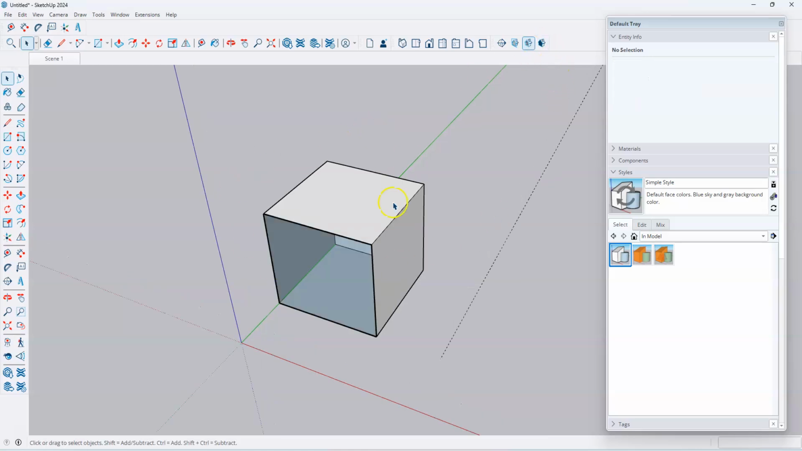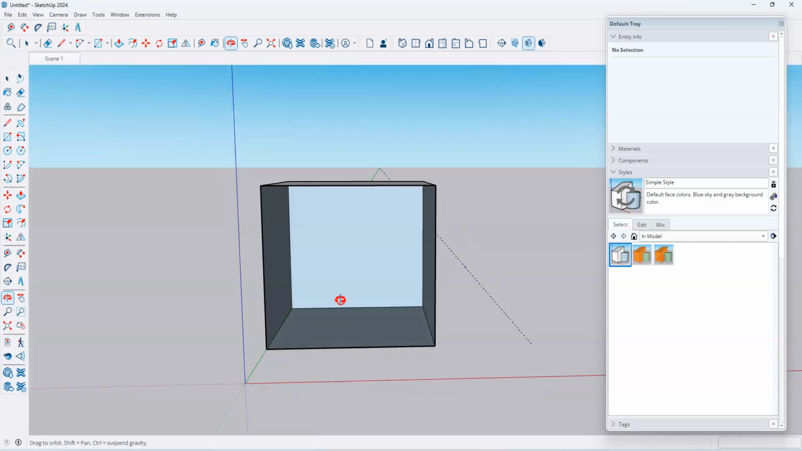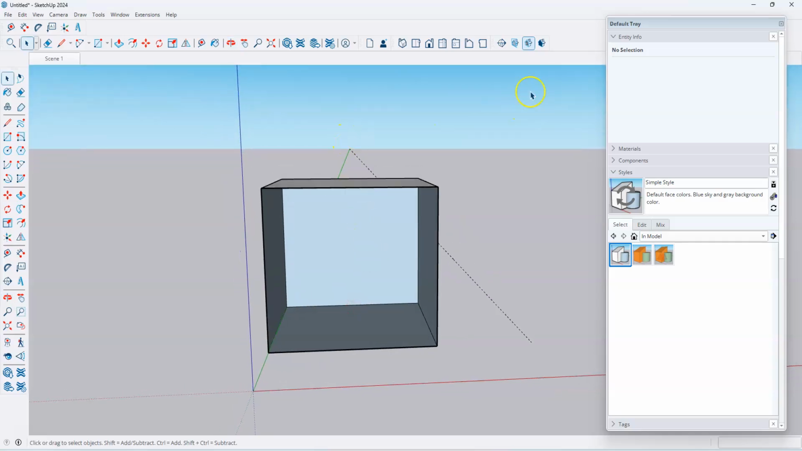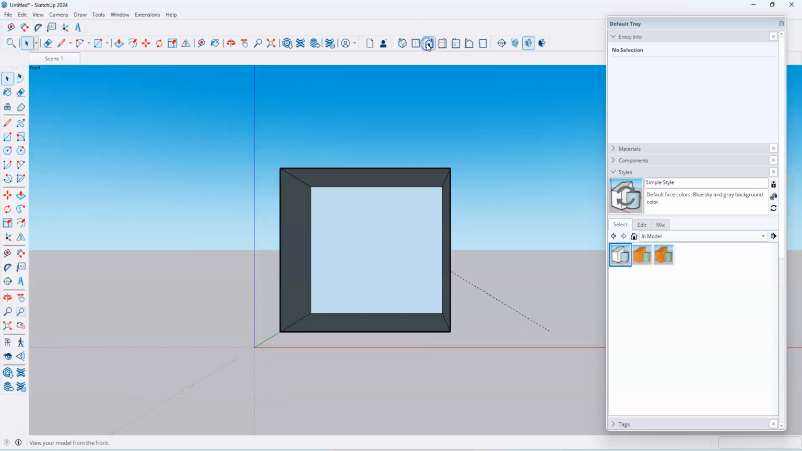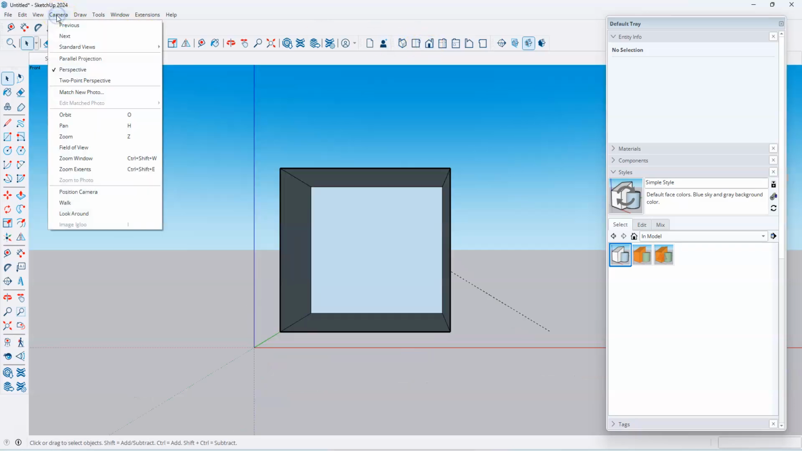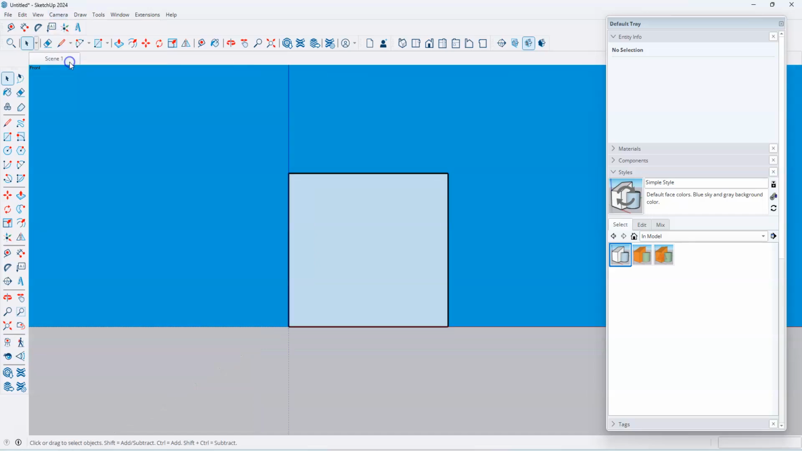So maybe this next scene, I want to be more of just a section, looking inside of here. Let's do a front view. We're going to turn on that parallel projection to make it look more like a two-dimensional view. And I'm going to go back to this